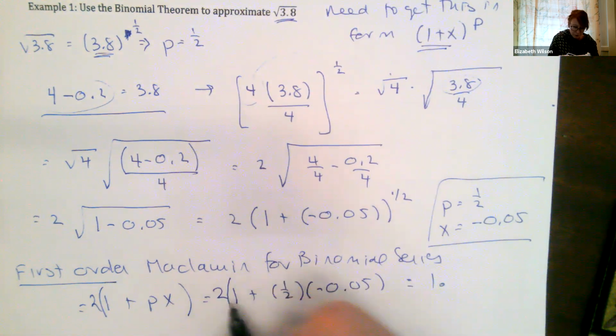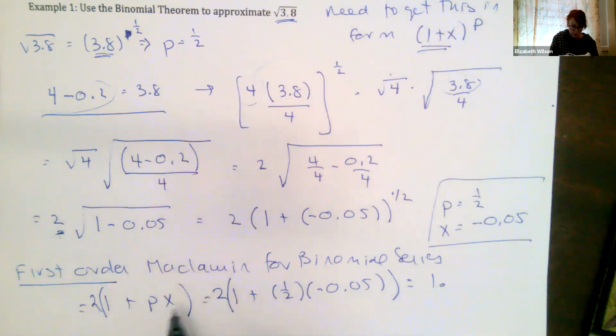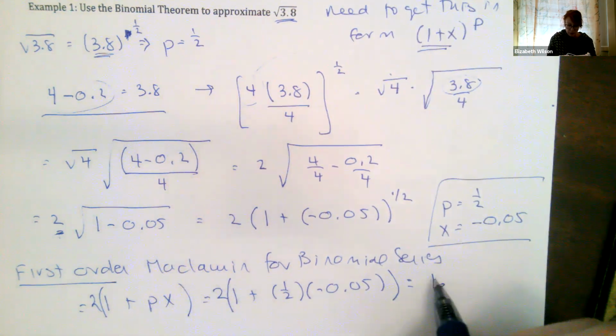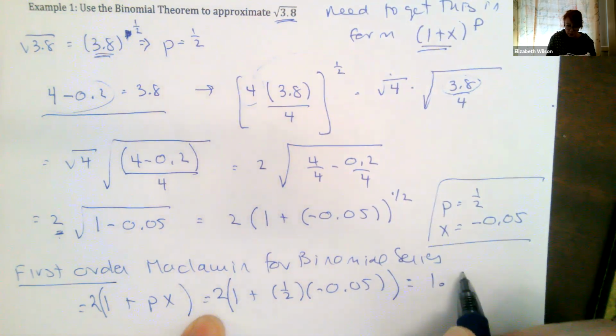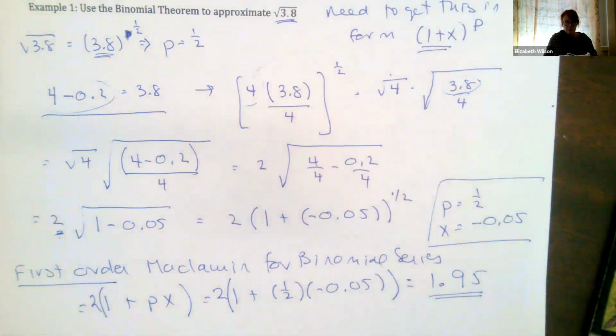I forgot my own 2. This 2 here is a multiplier that we factored out. So when I do this, don't forget you're multiplying by that 2. So this becomes 1.95. Okay,